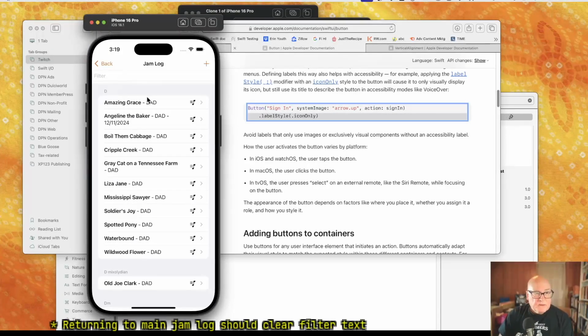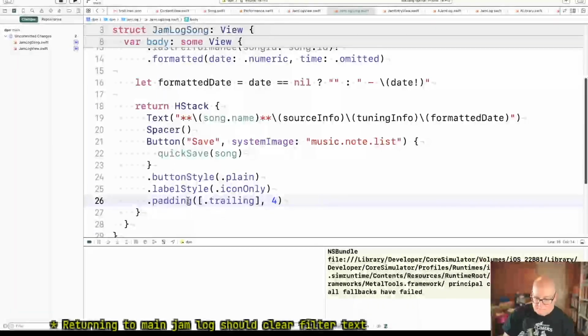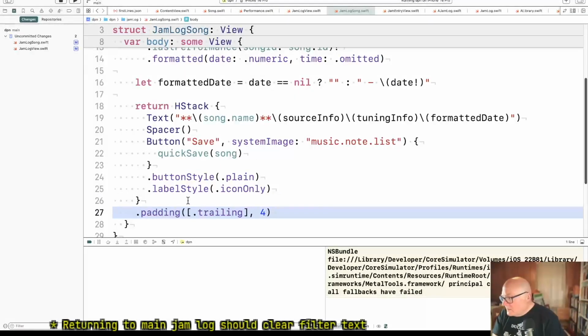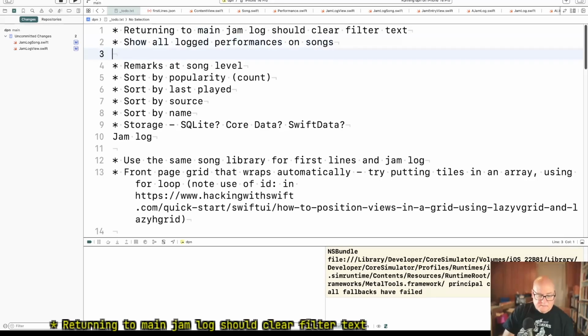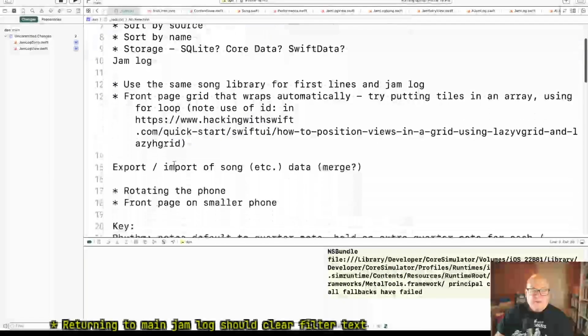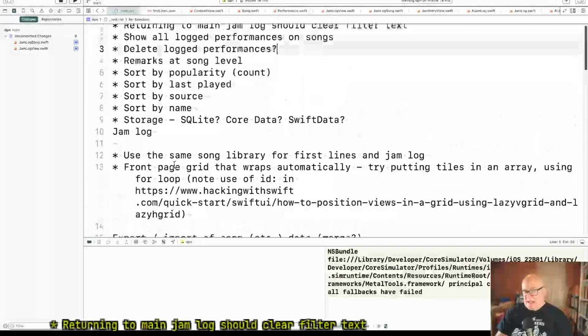Maybe I'm putting it on the whole thing. Or I delete on the performance in the date list. Yeah, let's keep that as a possibility. Maybe. It's not the hugest mistake, but